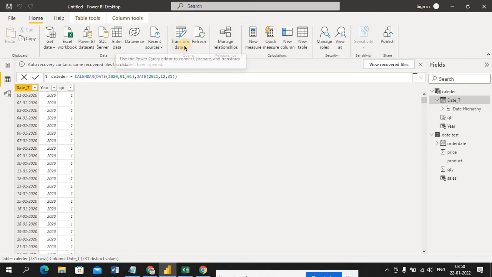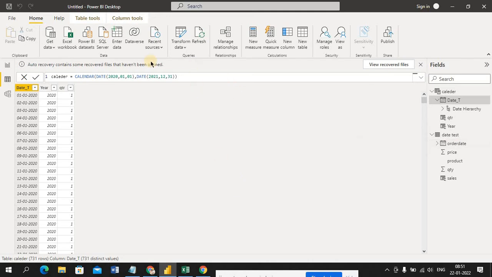From this transformation tab, it's showing two tables, right? One is a calendar table which I created in Power BI. This one is a data set which is coming from the backend, from an outside source.